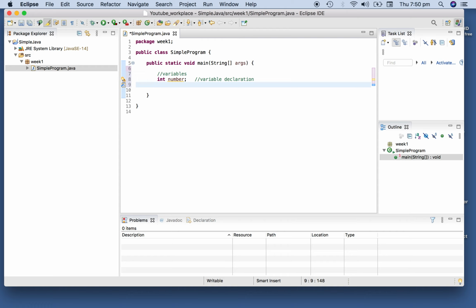Then these variables can be used for storing or holding the value. We have defined this number as an integer type of variable, which means it can only hold integer types of data. So we can go in here and write that it can hold the value 5. It is now going to hold only integer types of data. If you would like to show what value is in that particular number variable, then you just have to use